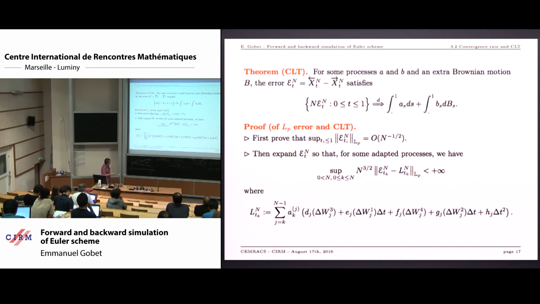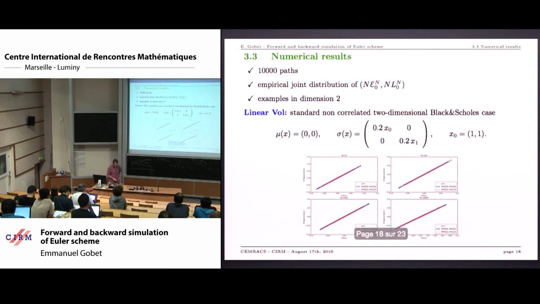And so we can prove the central limit theorem for this process, and we obtain the result we need for the initial error. To check the accuracy between all these approximations, we typically plot in the experiments the error as a function of that one. We should obtain something very accurate, since this one is very close to that quantity.